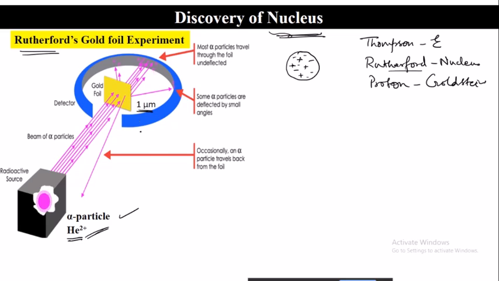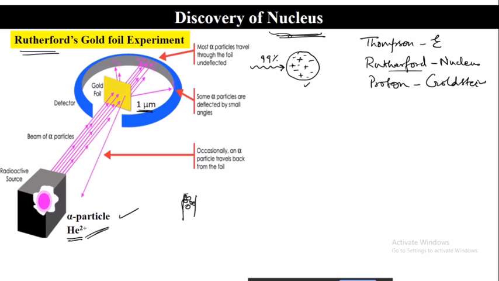So 1 micrometer thin means hardly more than 3, 4 atoms will be there in the thickness. Gold itself is a heavy atom, no? So the thickness will not be more than 3, 4 atoms like this. So now if this model is correct and you are trying to pass these rays, then